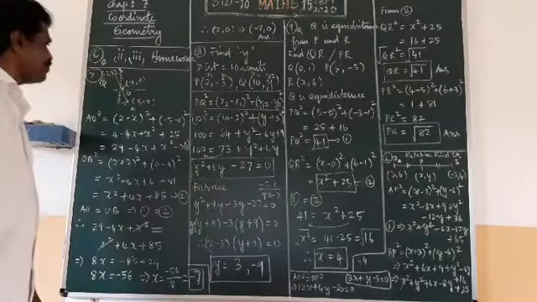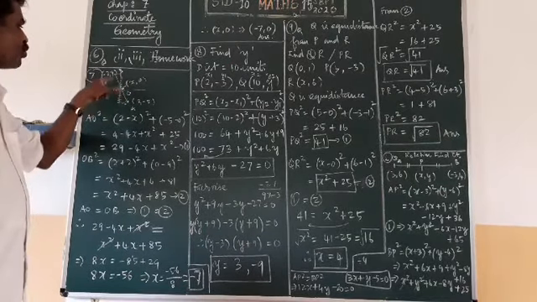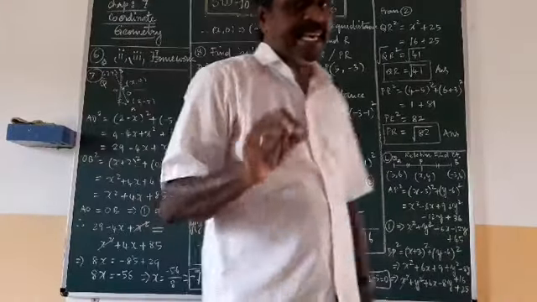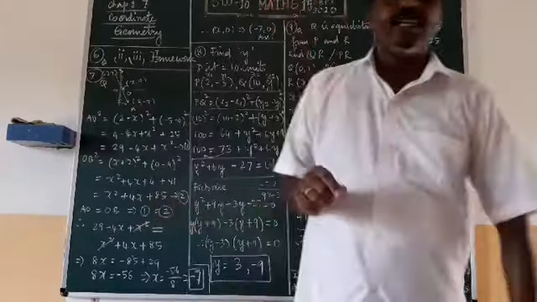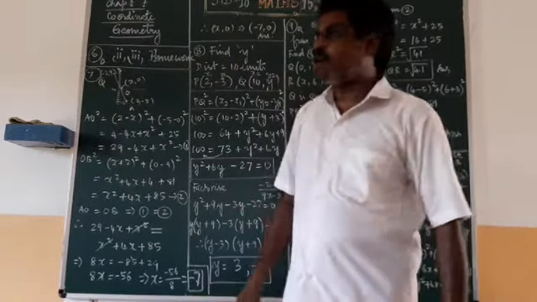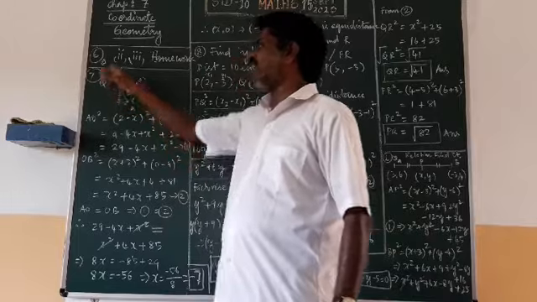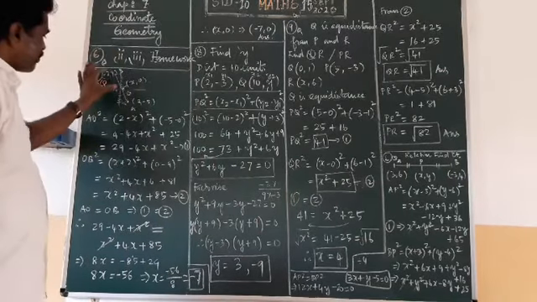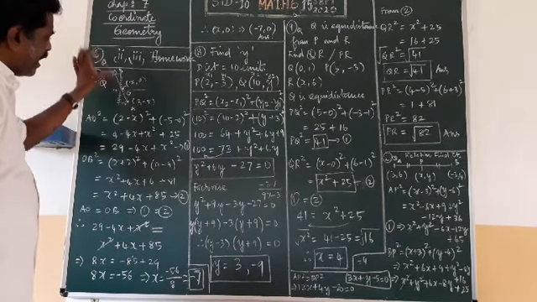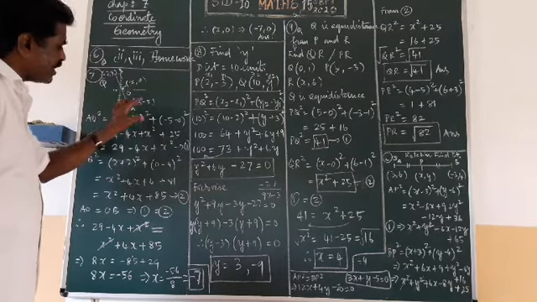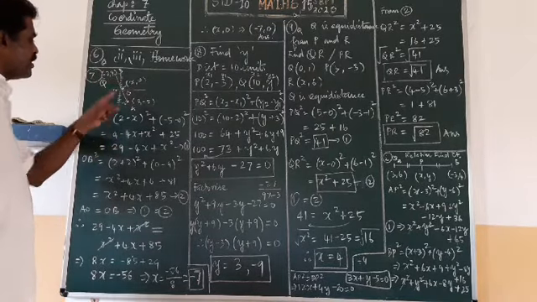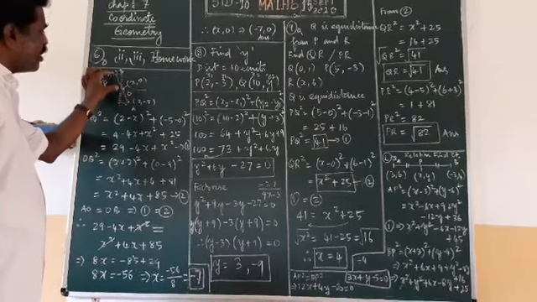In the seventh one, what is given in the problem? Two coordinate points, (-2, 9) and (2, -5), are given, and (x, 0) is the intersection on the x axis. So for (x, 0), the y coordinate will be 0. I told you in the first class that when it is an intersection on the x axis, the y coordinate will be 0. That point is equidistant from the two given points. So the distance from this point to (-2, 9) and from this point to (2, -5) are both equal. I am taking this point as A, this point as B, and this point as O. So AO square should be equal to OB square.